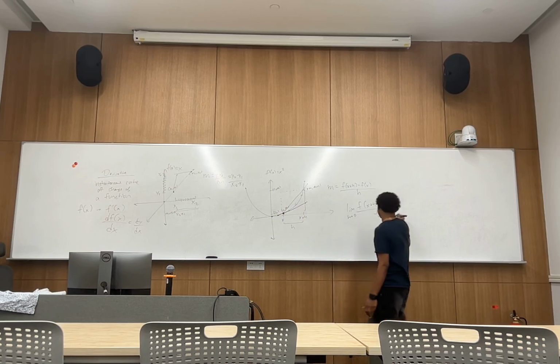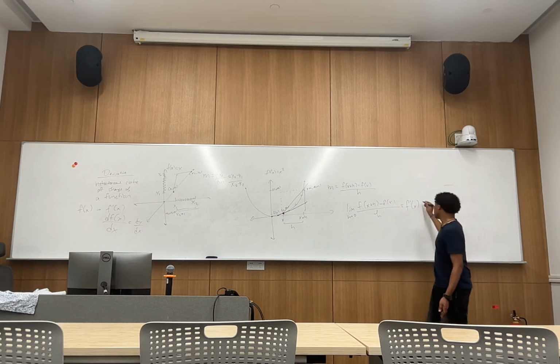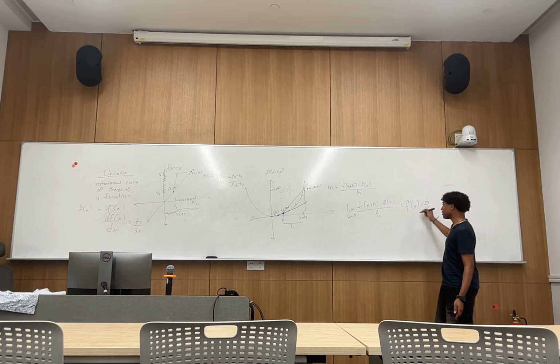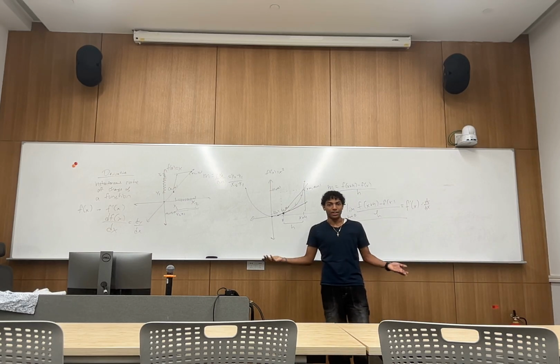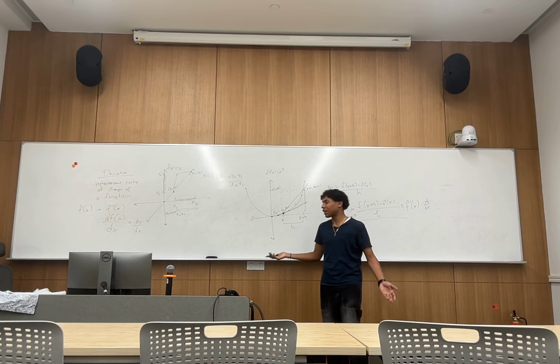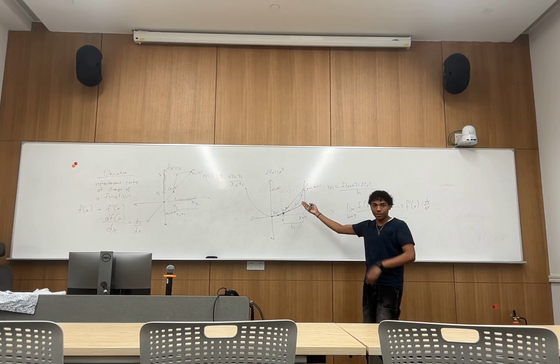Okay. So this here is our f prime of x. This here is our dy over dx. This is our formula to find the derivative of a function at a given point. So how do we apply this? Let's do this to find the derivative of our function x squared